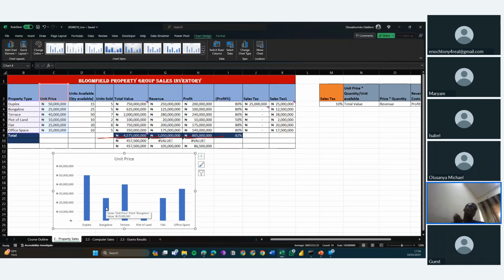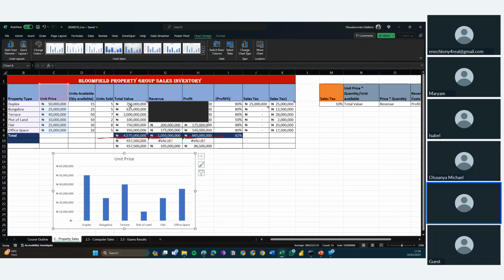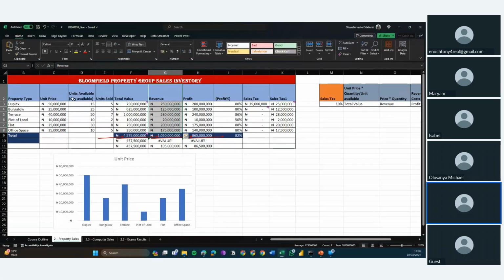So this is the power of visualization. It helps you to condense a lot of things. It helps you to condense information in a way that is easily digestible, that you can easily make sense of. That's how visualizations shine best. So let's say, for instance, I'm also interested in seeing the revenue by each of them, right? So I can do revenue. I can highlight my revenue data, and then also highlight the property type. And then do the same thing,